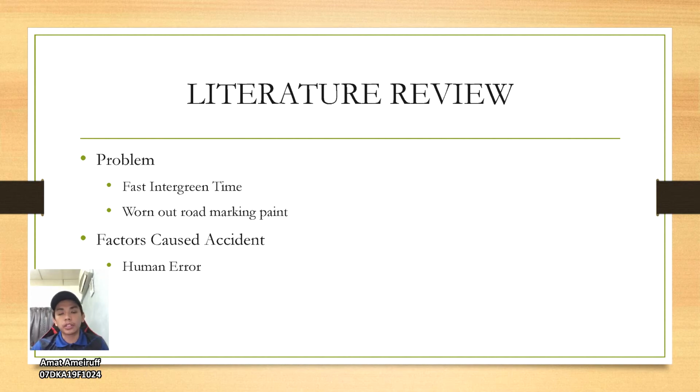Okay, next I'm gonna talk about factors causing accident. The factor that was causing the accident in the case study area is mostly human error. The action of a driver who, for whatever reason, failed to stop their vehicle when instructed to do so by a red signal and continue their passage over the stoplight, usually traveling into and through the intersection is termed traffic